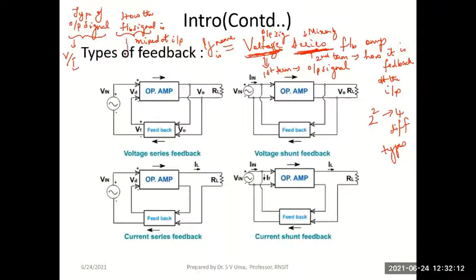And again, I will have 2 types based on that. I can have series or shunt mixing. I can either connect the feedback signal in series with the input, or I can connect it in shunt with the input. Can you tell me what the feedback signal would be if I'm making a series connection? Remember, feedback signal is part of the output signal. If I make a series connection on the input side, remember the feedback signal is getting added or subtracted from the input. What are the signals which can be added or subtracted when connected in series?